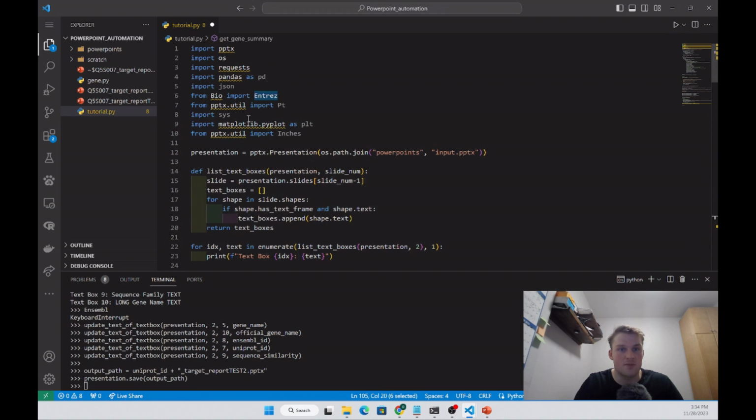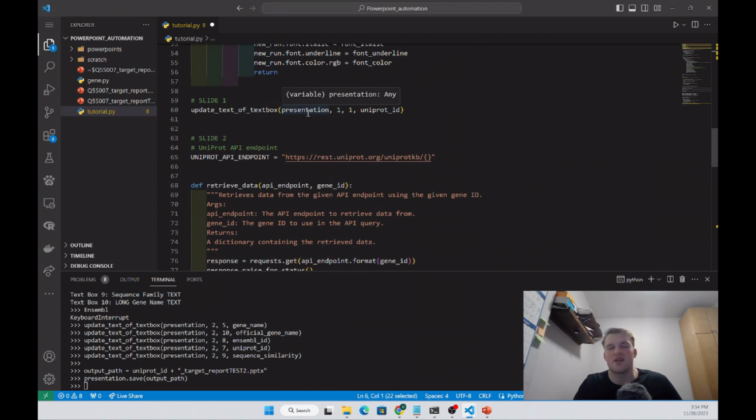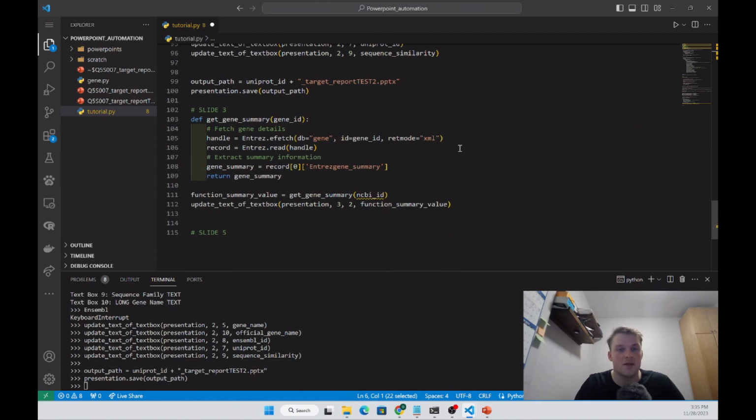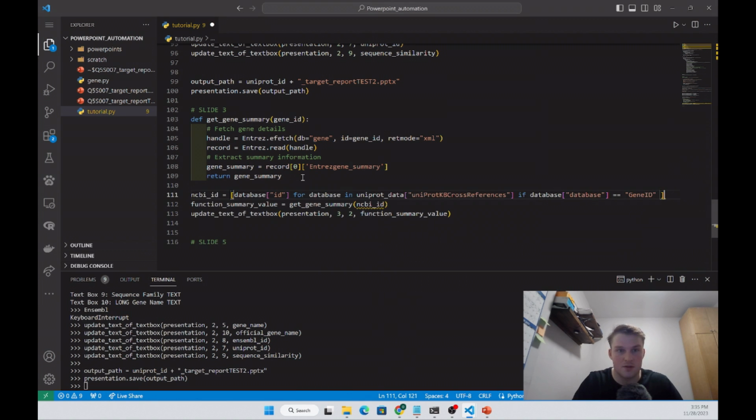So the Python package, which is being imported here from Bioconductor, basically allows us to interact with certain biological databases through our Python code. So it's very handy. And all we're doing with this function is getting the function of a gene using that UniProt ID, the NCBI ID. So I actually need to add one more line here, which is getting us the NCBI ID from our UniProt API response. So if we just run all this,